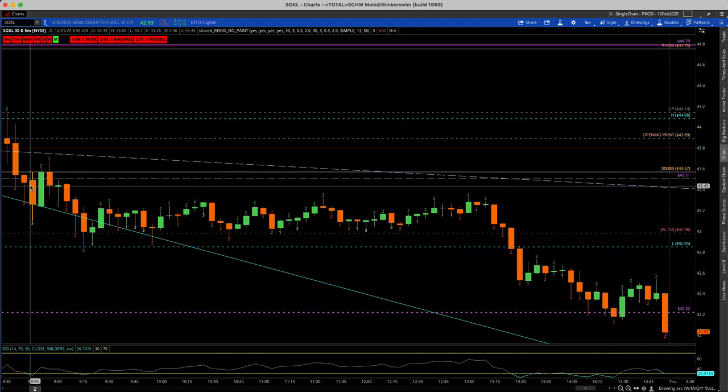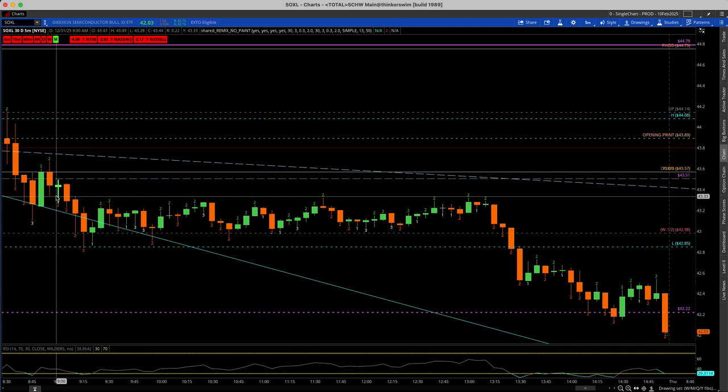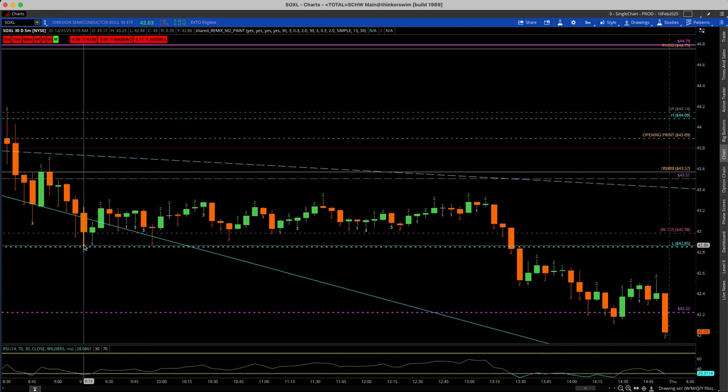We opened, we pushed down. We got this lower high below the opening print, so you could have entered puts here. And we got the push down to overnight low. So you could have unloaded your full position if you wanted,